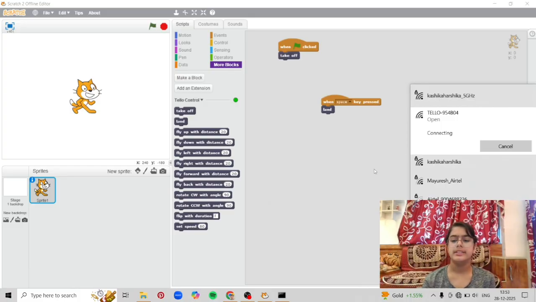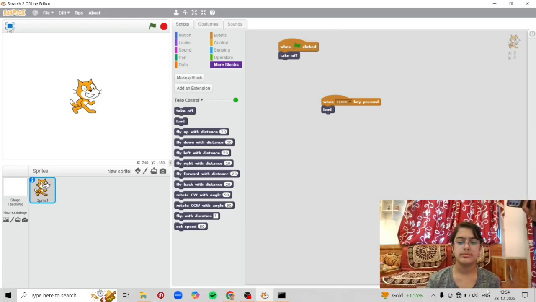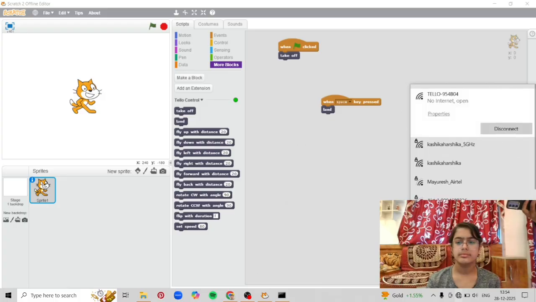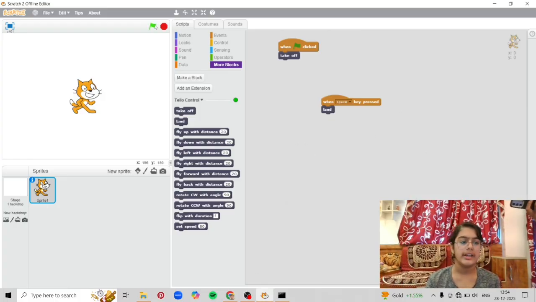Now it is connecting. So you can see now it is connected. Now I will run it.